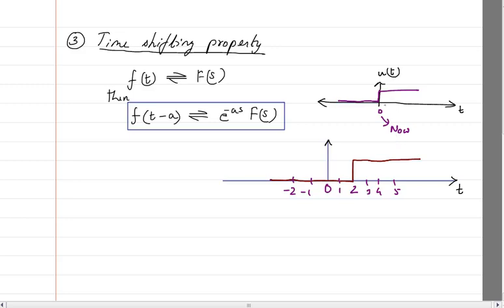If the signal is delayed, or if the signal becomes early, then we can shift it. If we shift this whole signal in this direction, then we say that it is delayed. And if we shift it in this direction, we say that it is advanced in time. How do you say that it is advanced in time, or delayed?